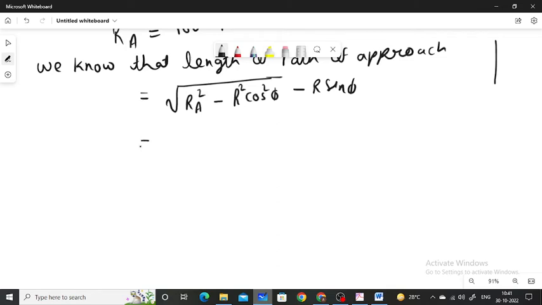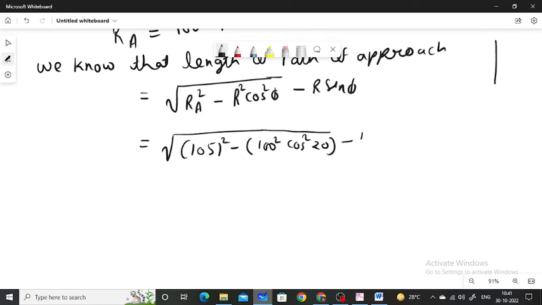So length of path of approach will be equal to the 12.65 mm. Okay,